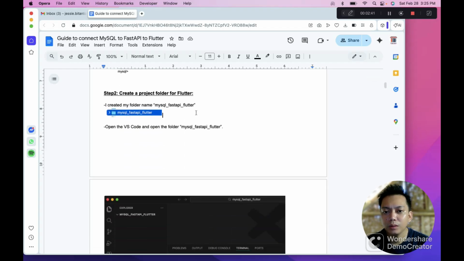So since we have the data, we're going now to proceed to step 2, which is to create a project folder for Flutter.